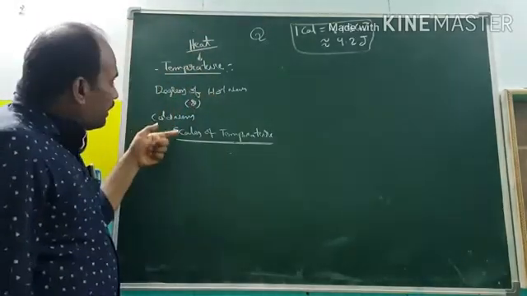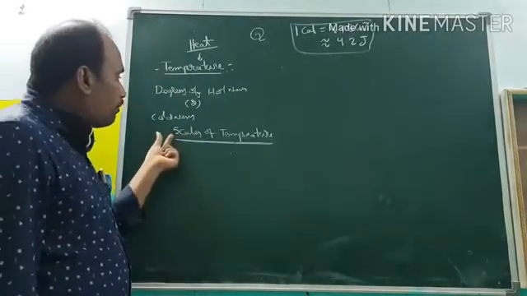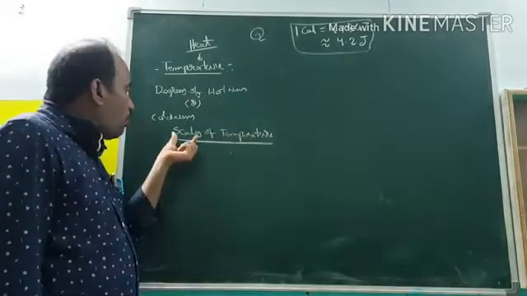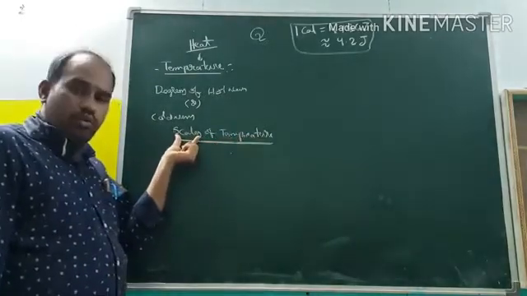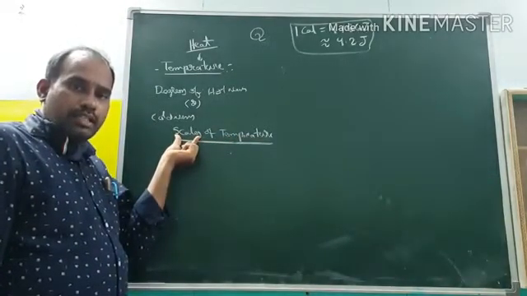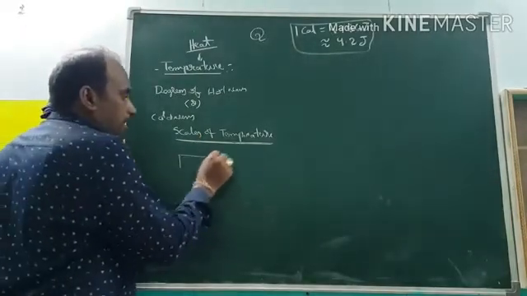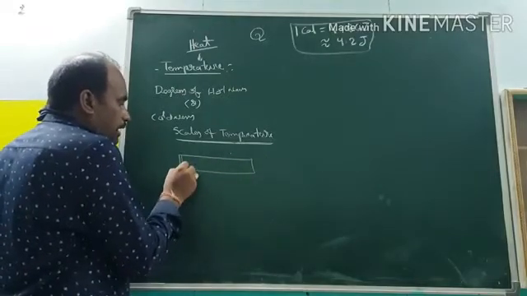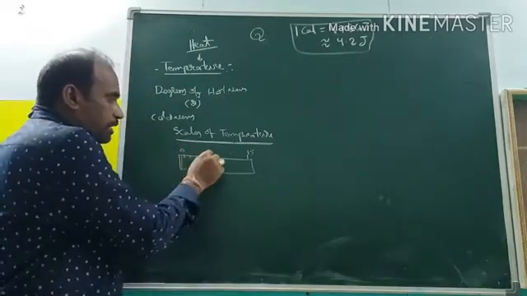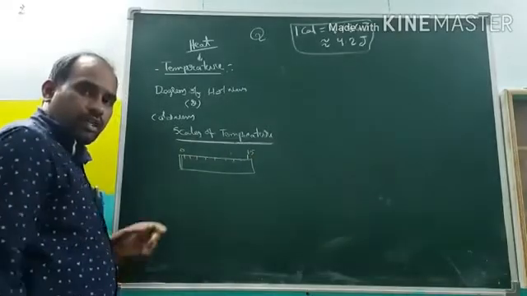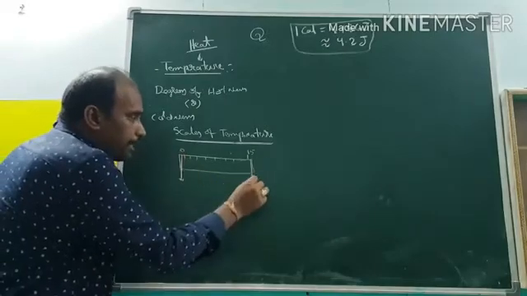Now let us discuss the scales of temperature. Here we are using two different terminologies. One is the scale of temperature. In general we are using scales, so how is a scale constructed? For example, a 15 centimeter scale means it is initially at 0 and finally at 15, like that. The scales use real numbers. So remember, this is the lower point, this is the higher point.